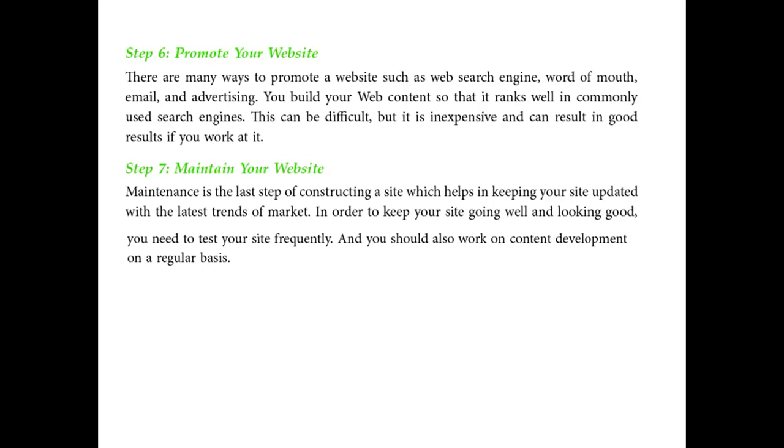That means what? Suppose we have designed a news website and we have put some content on it and we do not update it. So after 1 or 2 days, the content that it might contain is an older one. So we have to keep on updating it with new content.